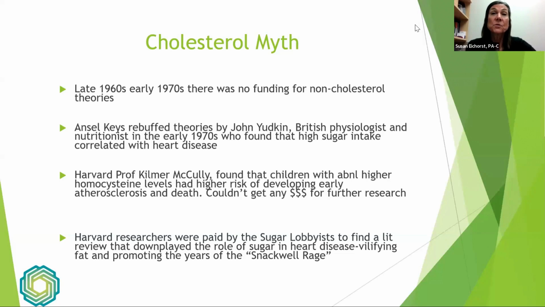And then eventually the sugar lobbyists petitioned some Harvard professors who were a little unscrupulous, and they were asked to find enough literature to support that saturated fat is really at the root of coronary artery disease and heart disease, and that we really needed to push for getting rid of saturated fat in the diet, go to a low-fat diet. And this is when the age of adding more sugar into our foods, kind of the snack well period that we called it in the late 70s, very early 80s, when we saw a whole change in our dietary structure. The food pyramid came out with, I think it was 11 servings of carbohydrates at its base.